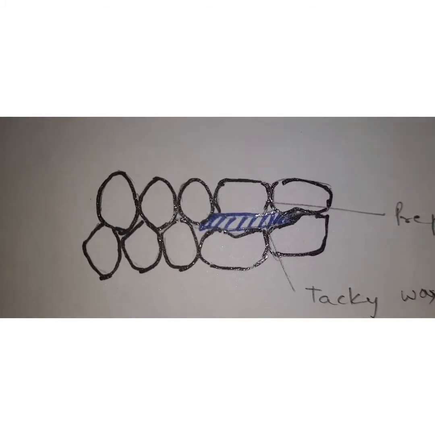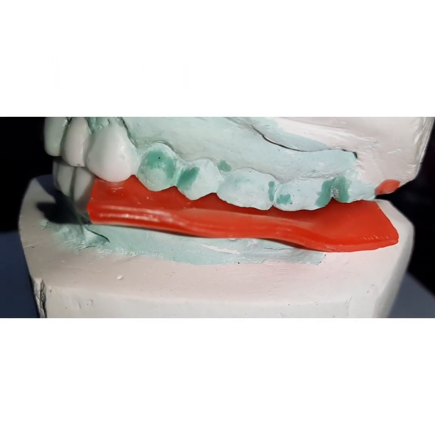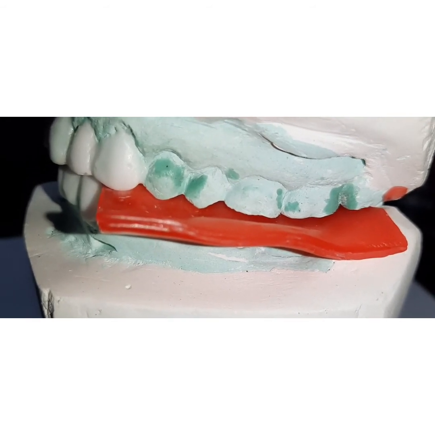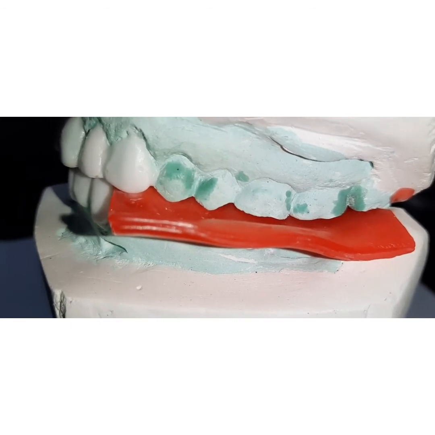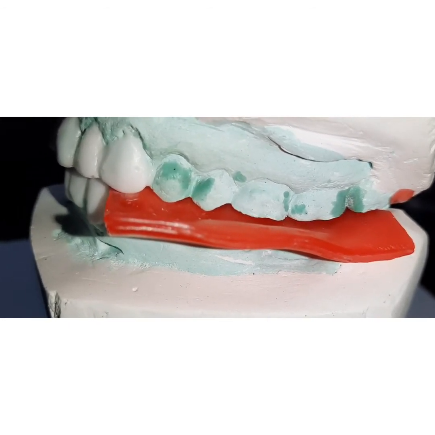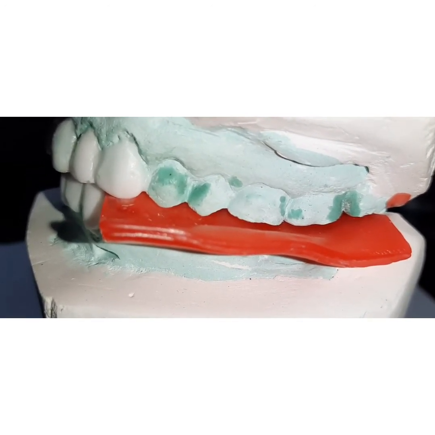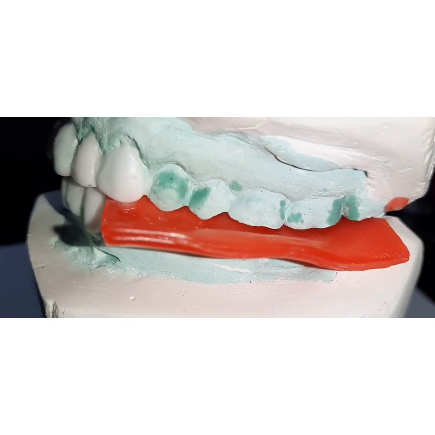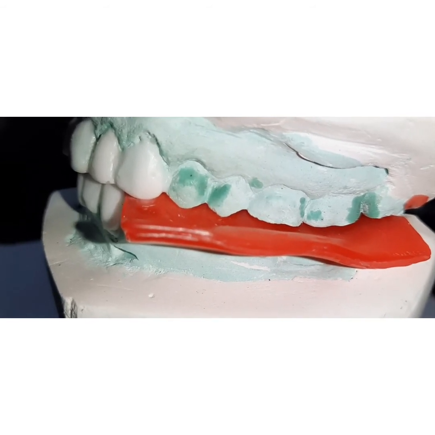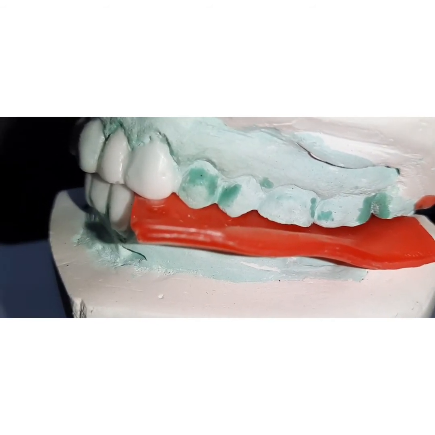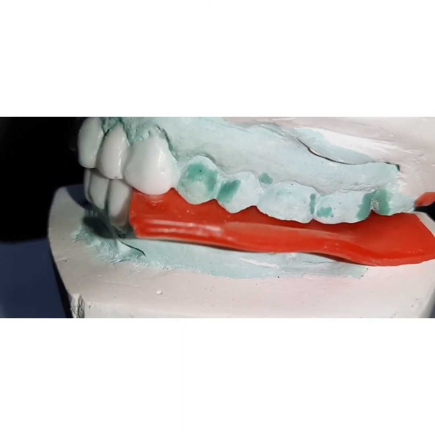Now let us understand what is the technique. Just for the ease of explanation, I am using an articulator and the cast, but the process which I am explaining should be done in the patient's mouth. First thing which we need to see is we need to equilibrate the occlusion to eliminate any posterior interferences, as I told you in the prerequisites. Then we will evaluate the existing occlusion, like whether the patient is having a group function occlusion or a mutually protected occlusion. We need to evaluate after we remove the posterior interferences.